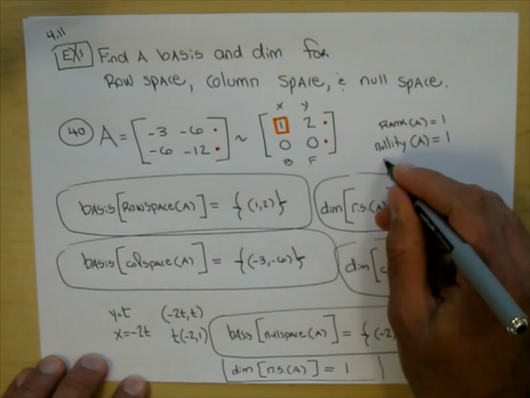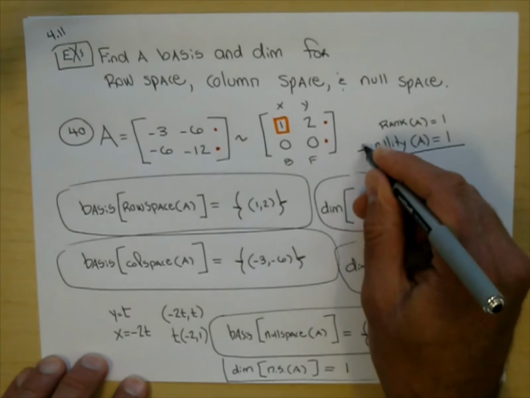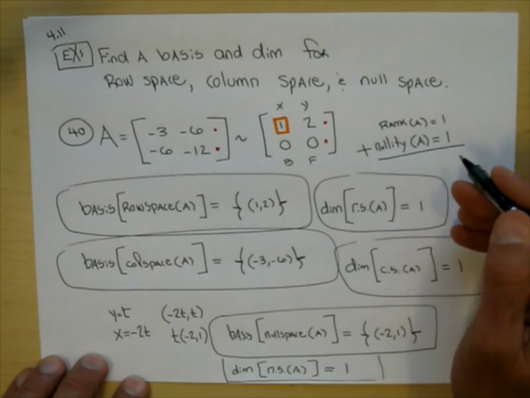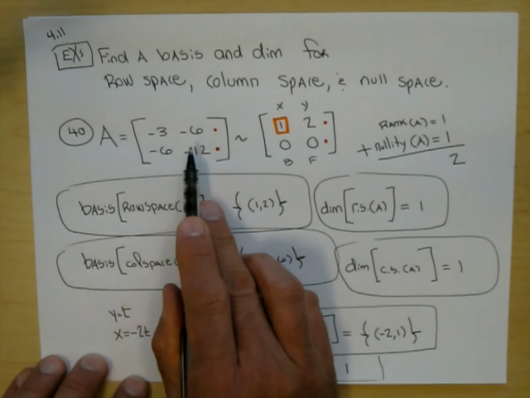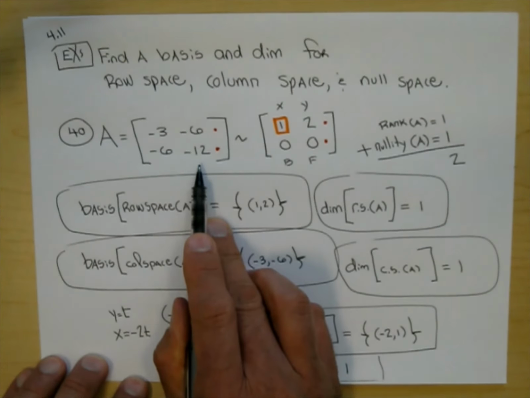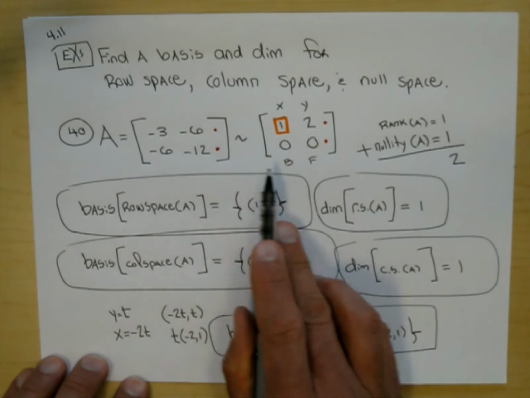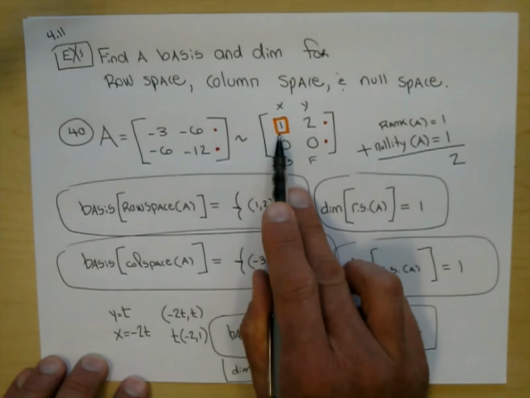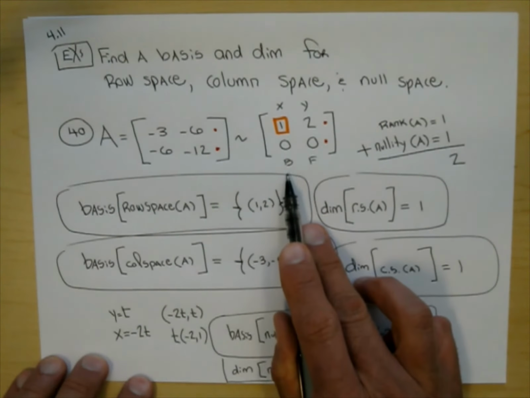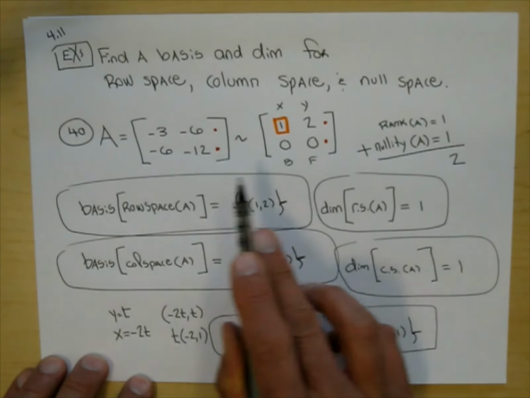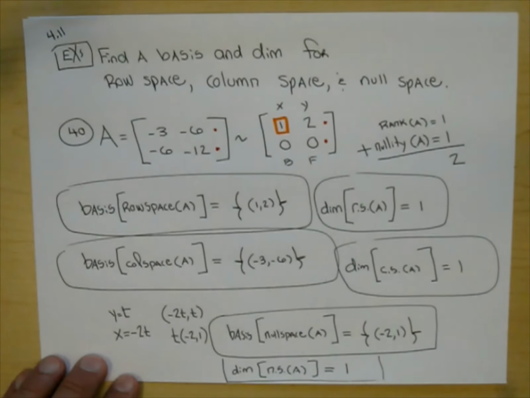It's 1. The rank nullity theorem says if you go rank plus nullity, so 1 plus 1 is 2, that gives you the number of columns of your matrix. Another way of saying rank nullity theorem is the rank represents the bound variables, and the nullity represents the free variables. They're saying the bound variables plus the free variables equals the number of variables. And so we are done with problem